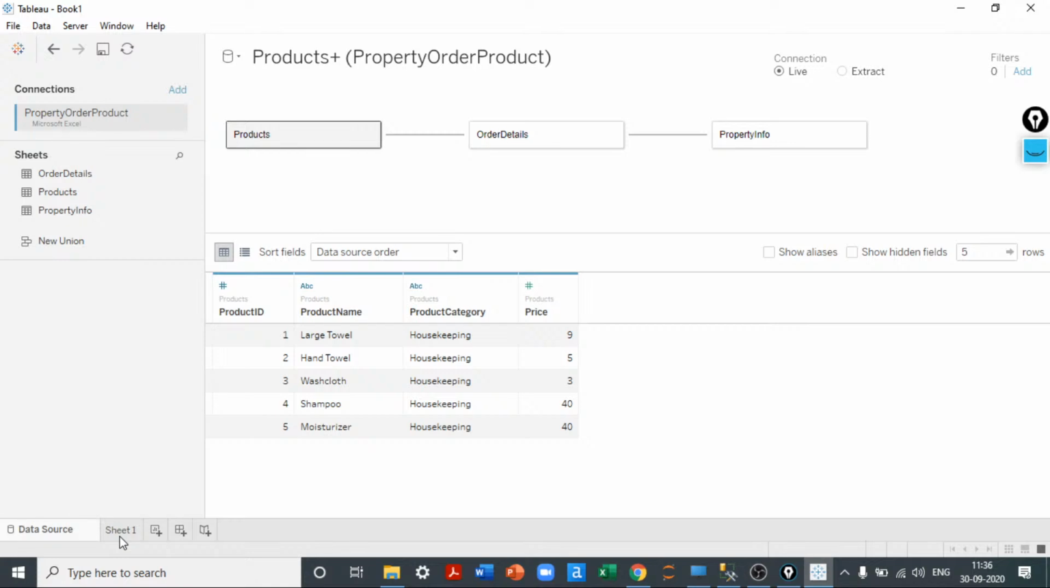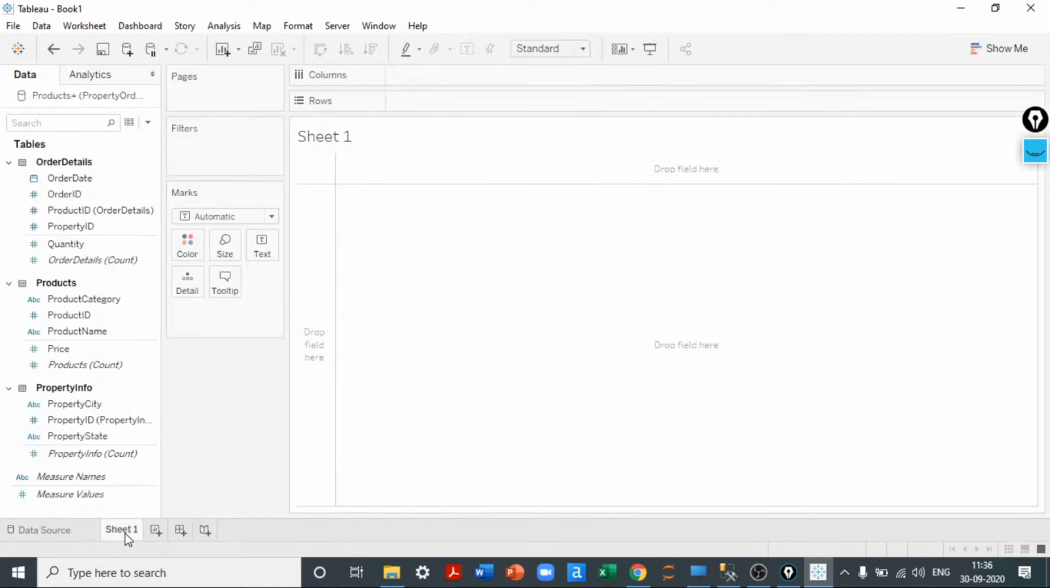And once the data is created, we can go to sheet 1 and see all three tables present inside them. So you will have two different things in this sheet where we are going to create charts and reports. Basically you will have tables. So here the first table order details has this many fields, products has this many, and property has this many. If you see here, the categorical variables are in blue color,